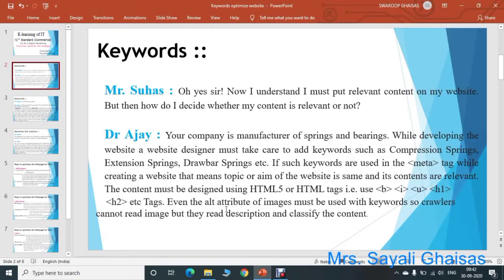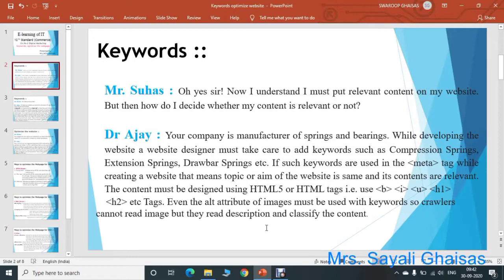We also have to use the alt attribute of images along with keywords, because crawlers cannot read the image, but they read the description and classify the content. So crawlers will not read your image but they can read the description provided in the alt attribute. We have already studied uploading an image.